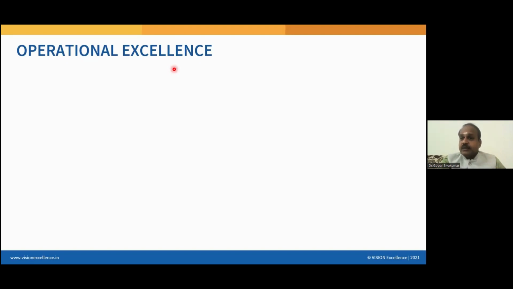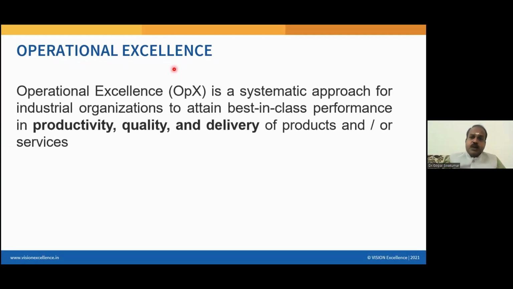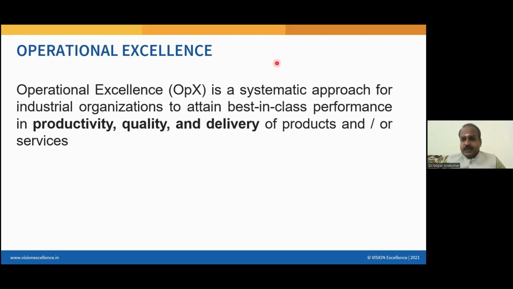If not today, definitely it will happen one day. We are laying all the foundation. We are preparing the organization, and we are actually making progress to make our organization number one. If you just start doing this, be rest assured, your organization will definitely become number one. This is what Toyota, this is what Motorola, and many, many other bigger brands adopted, and then they actually realized it, right? So, operational excellence is a systematic approach for industrial organizations to attain best-in-class performance in terms of productivity,